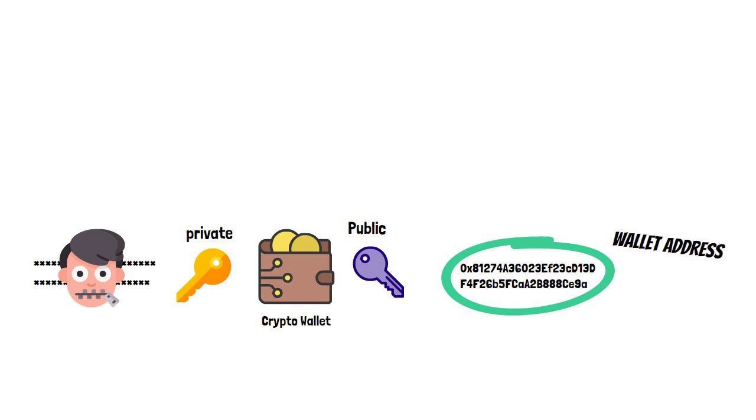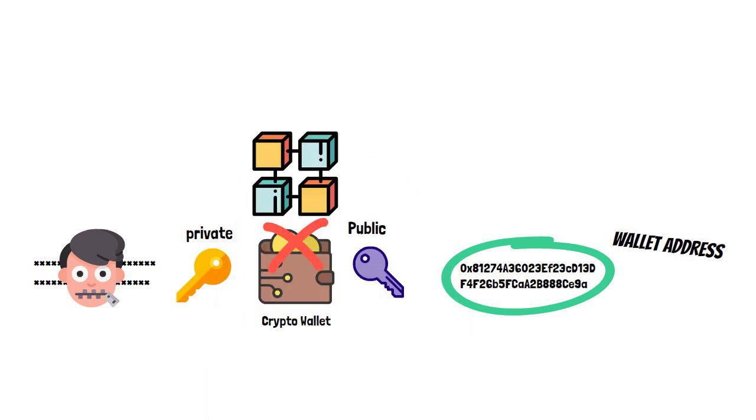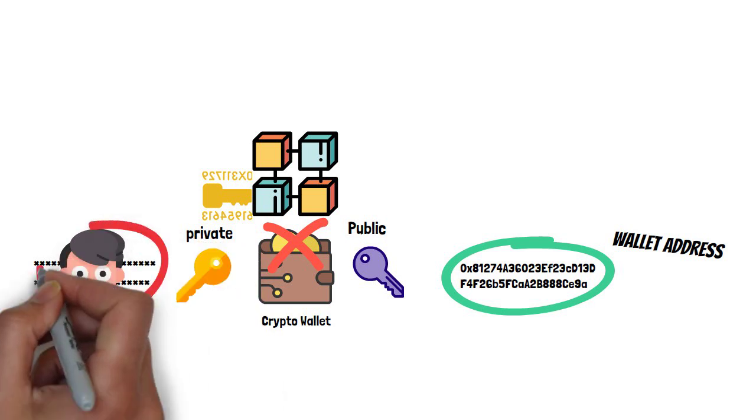Unlike a normal wallet, which can hold actual cash, crypto wallets technically don't store your cryptocurrencies. Your holdings live on the blockchain, but can only be accessed using your private key. Your private key proves your ownership of your digital money that lives on the blockchain and allows you to make transactions. If you lose your private key, you lose your access to your money. That's why it's very important to keep your wallet private key safe.